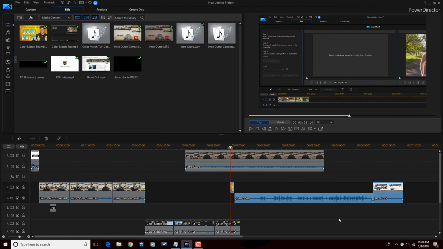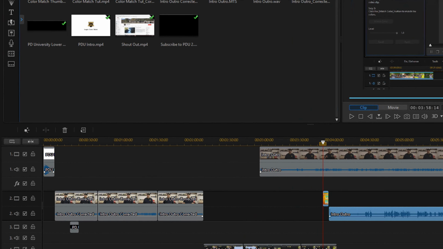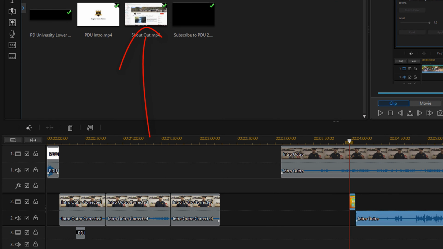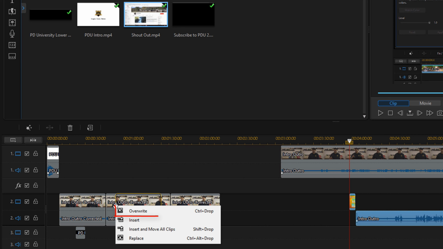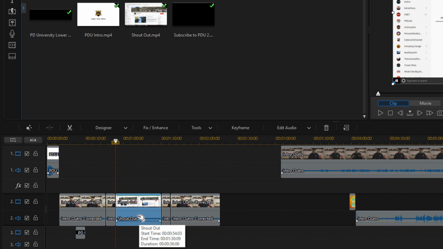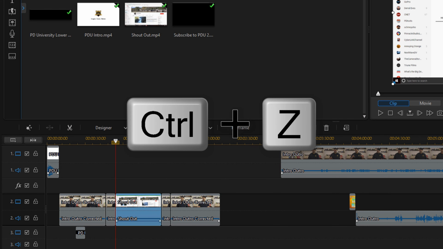You can also perform what's called ripple editing by dragging clips on top of one another in a timeline. So let's say I grabbed this clip and I dragged it down here on top of this other clip. Now I'm going to get some options. I could just overwrite this clip, and if I choose that, it's just going to add that clip and it's going to remove the other clip that was there, and now it's really right there in the middle.